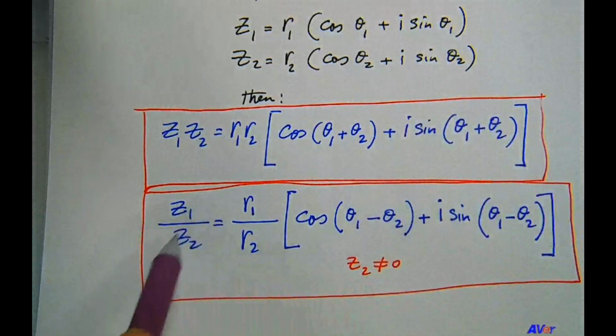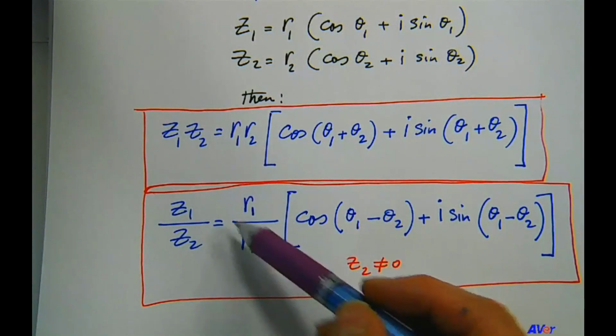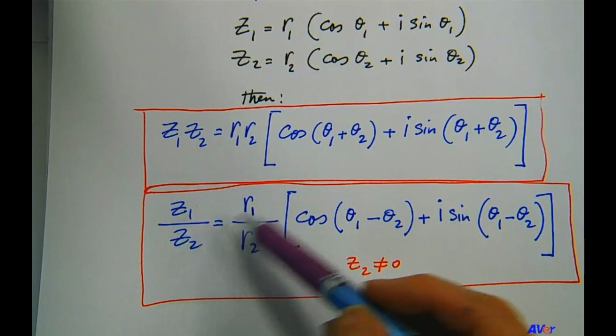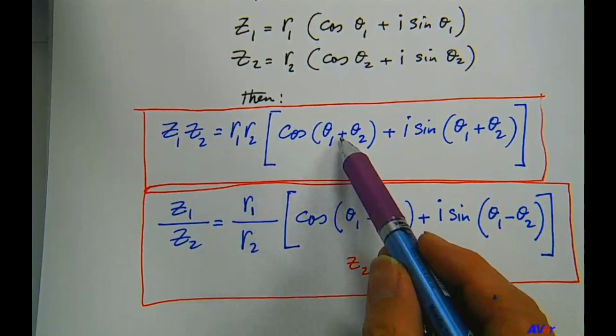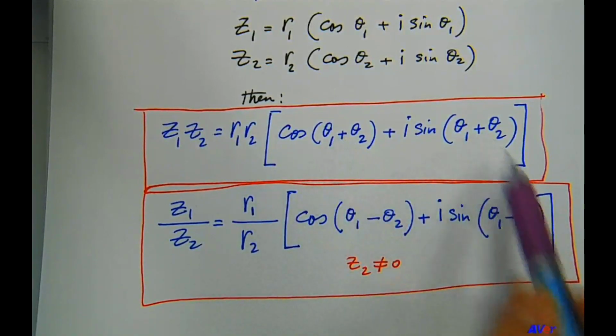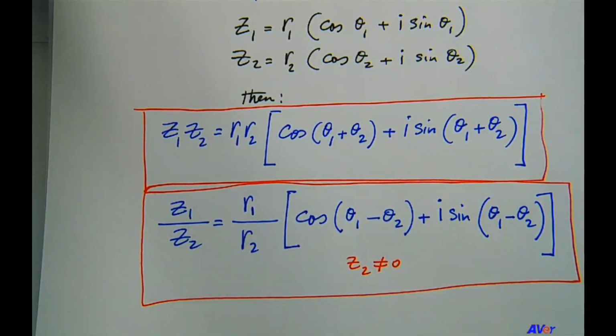Okay, and then for the division, we simply divide the moduli. If Z1 is being divided by Z2, then R1 is divided by R2, and the sign in between changes from positive to minus for the division one. Okay,